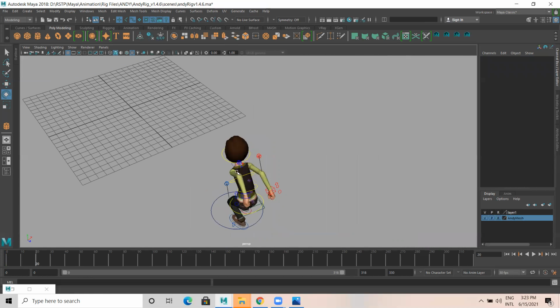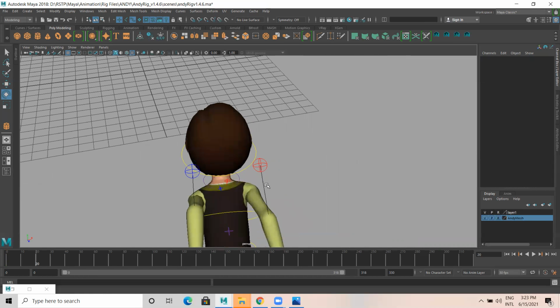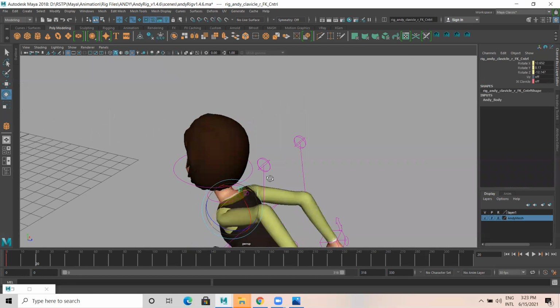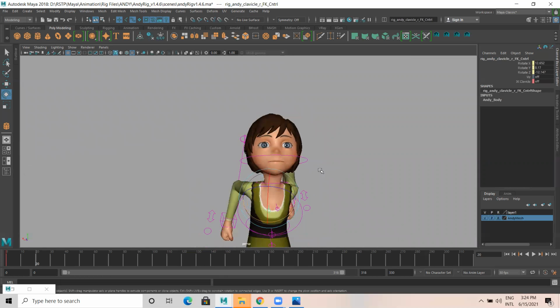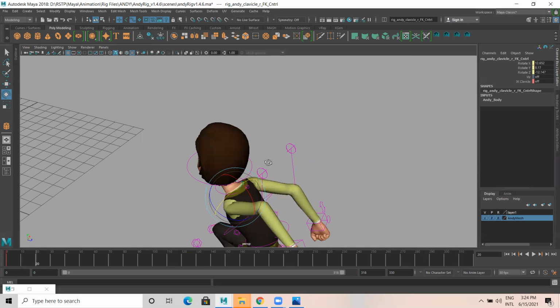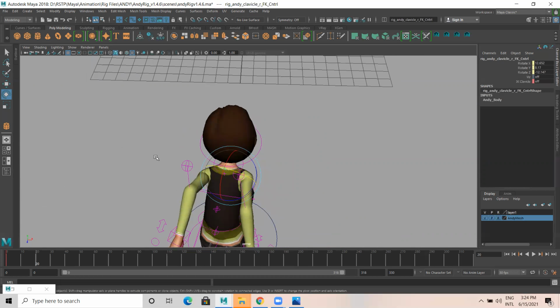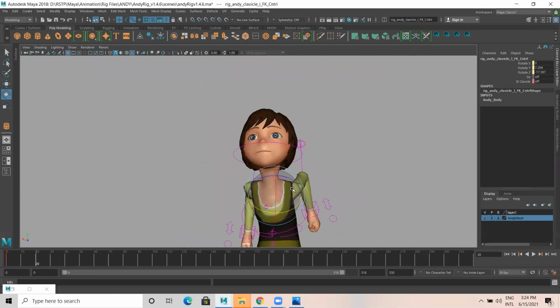And these clavicles, I select this. Make sure it's not breaking.